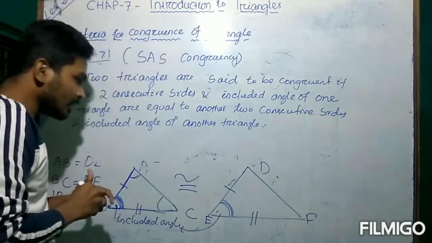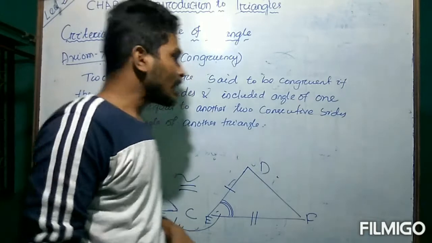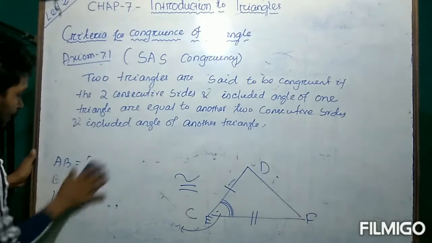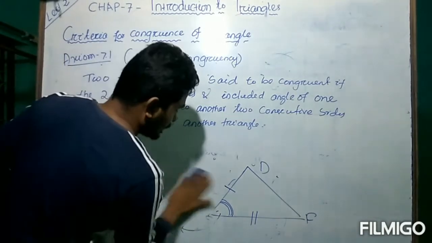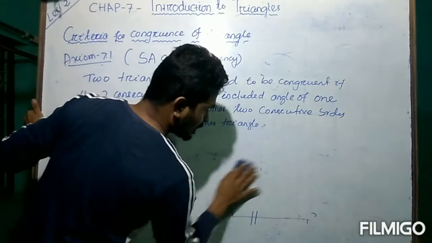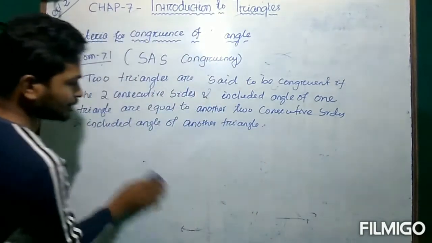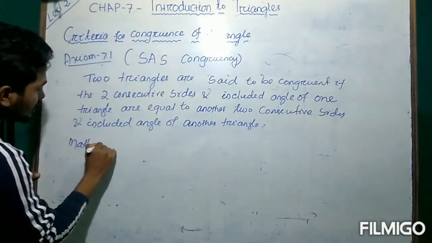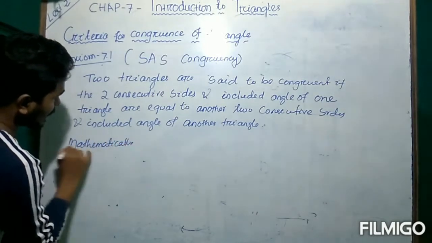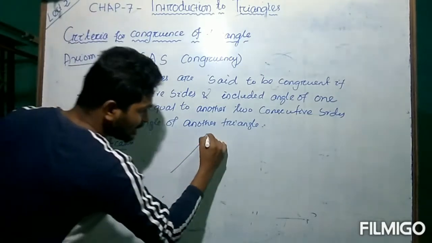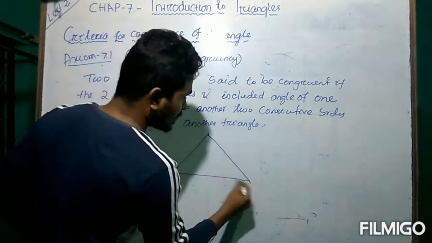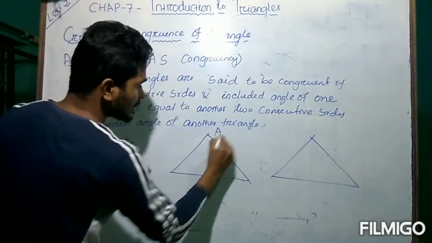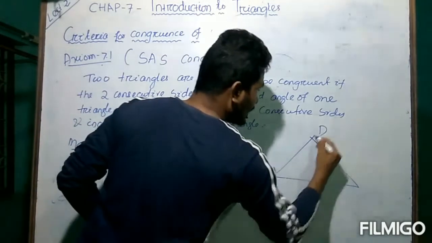Okay, this is the condition through which the two triangles will be congruent. Right? Now mathematically we have to write this statement. So let's write. So mathematically it is written as, mathematically, if there are two triangles like this and another triangle like this, okay, this is A, B, C, D,